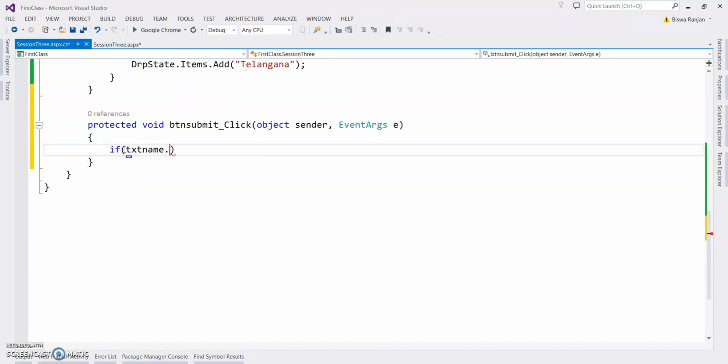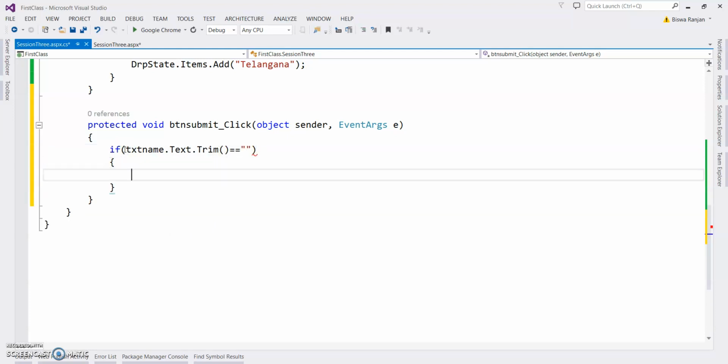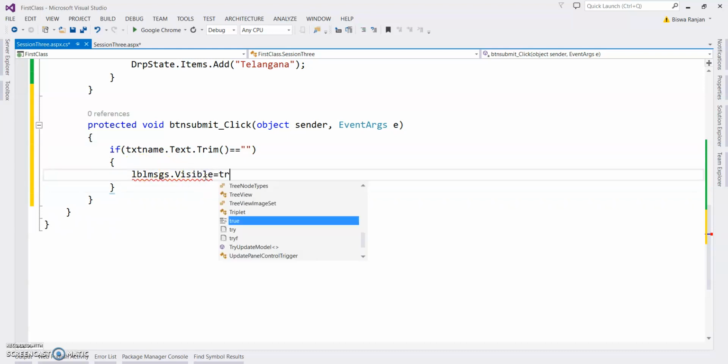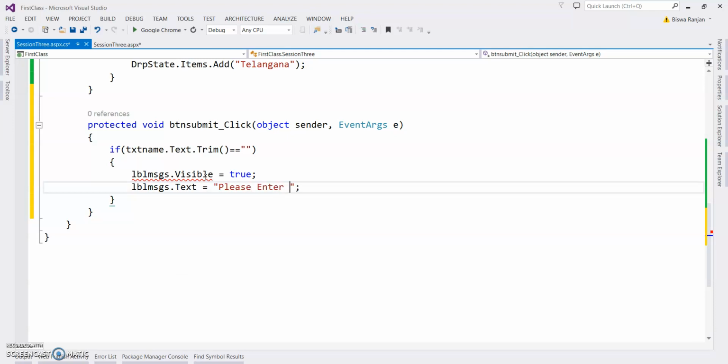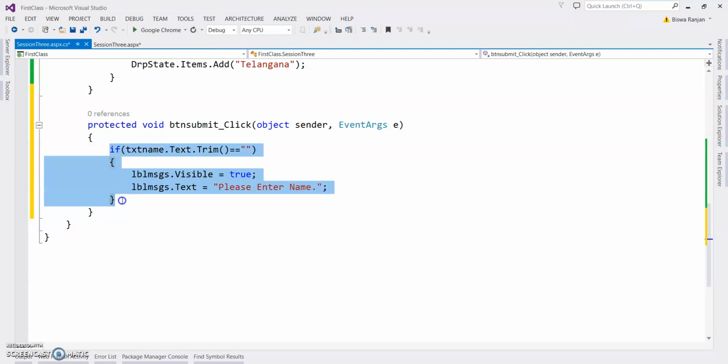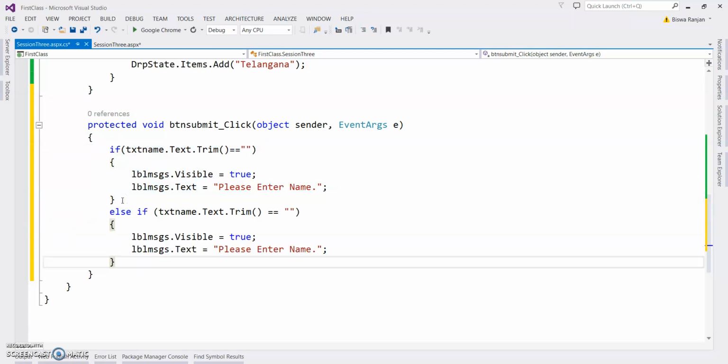If txt name dot text dot trim equal to blank, same thing, lbl message dot visible equal to true, lbl message dot text equal to please enter name. Txt phone, please enter phone.